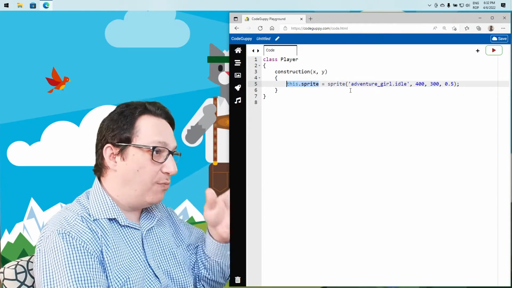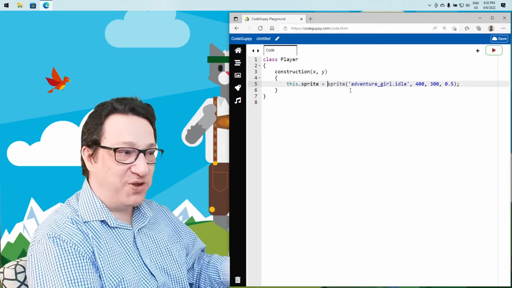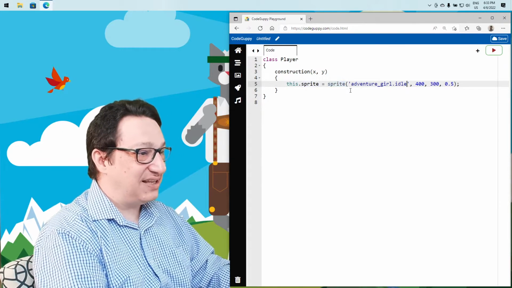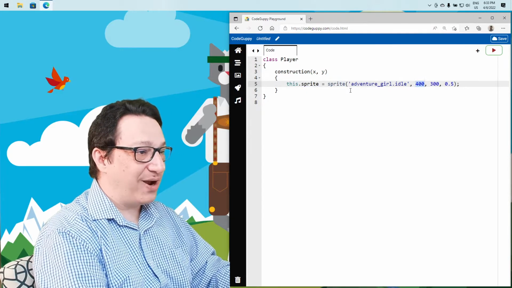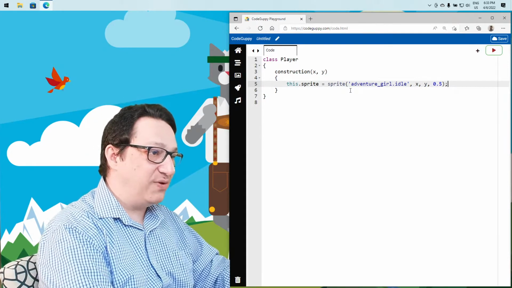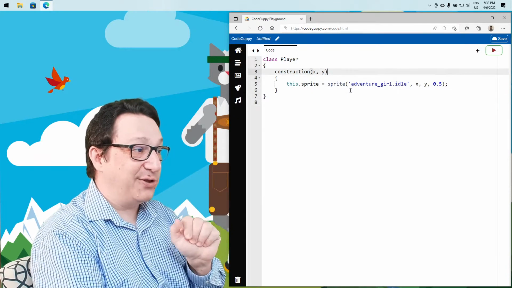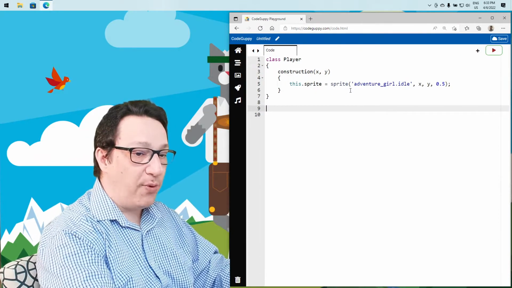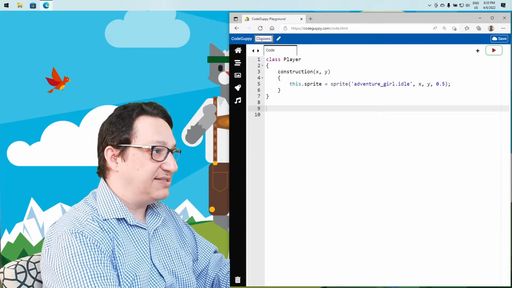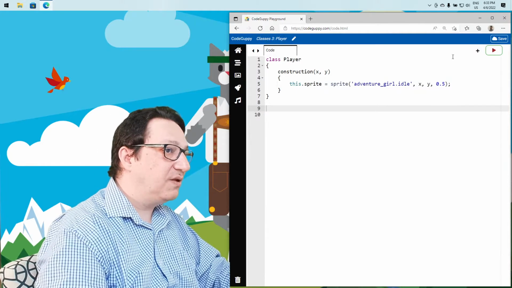Again, this one is on the object as a property. We'll refer to it with this dot, so JavaScript won't be confused which is which. So this one is supposed to instantiate a sprite at this coordinate 400, 300. Let's modify it and say x and y, since we already have an x and y as arguments to the constructor. And obviously the way we're going to display this one, let me save it first. Class is 3. This is player. We'll save it,